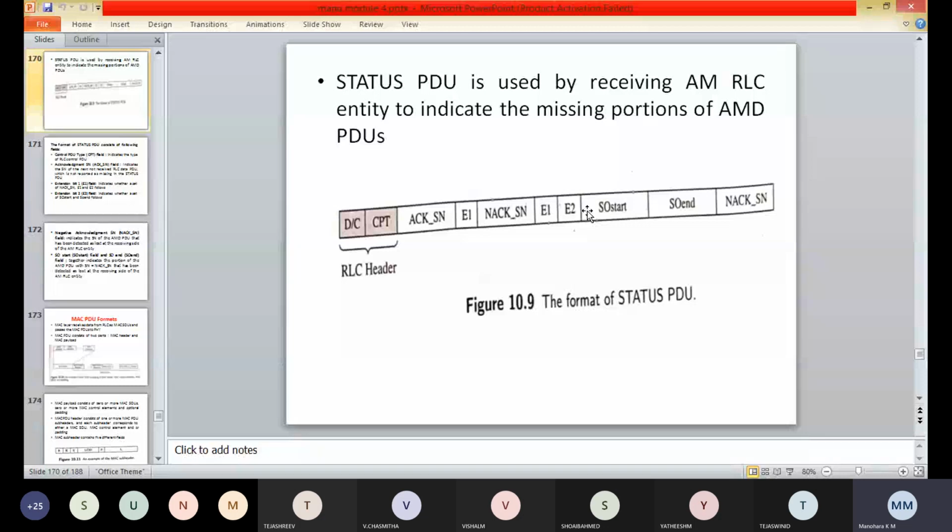So these are the fields which are included in the status PDU.